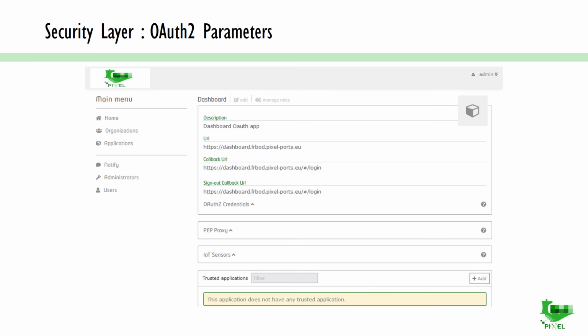Finally, we have the application screen that allows to configure the callback URL used with the OAuth authentication delegation feature provided by KeyRock. We also have access here to the OAuth2 client ID and client secret and the credential to configure a PEP proxy. This screen allows also to configure the access rule for user and organization.